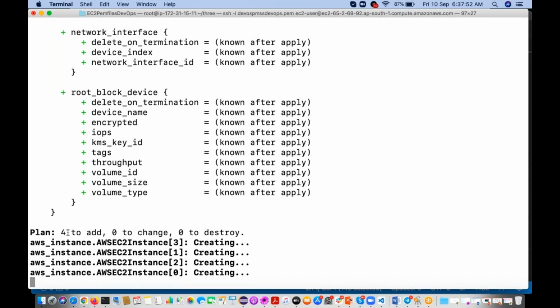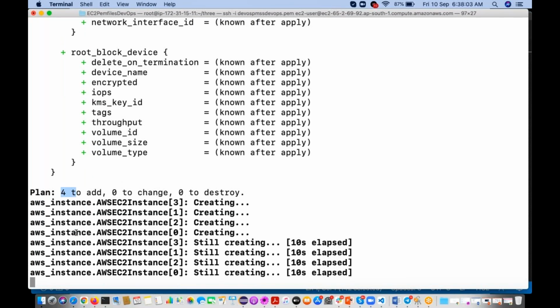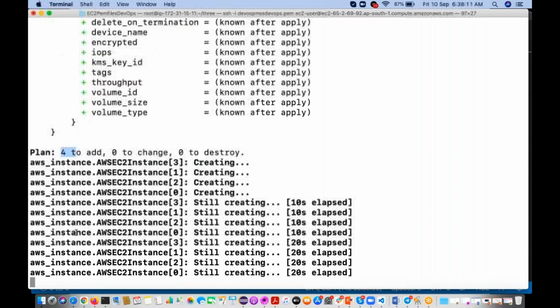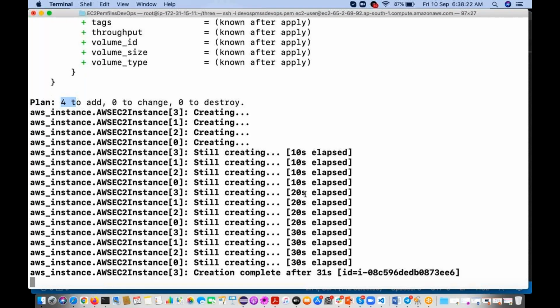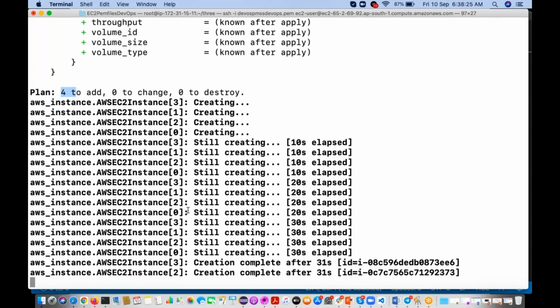See, it is creating 4 instances with the same name. See, 0, 1, 2, 3. 4 instances it is creating.